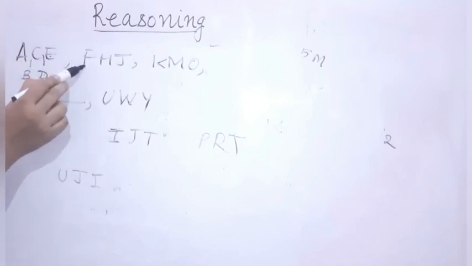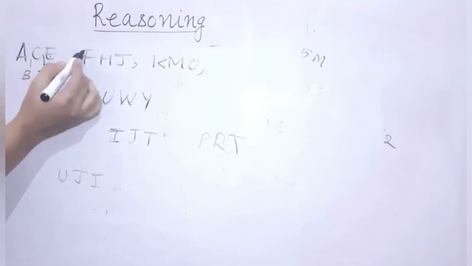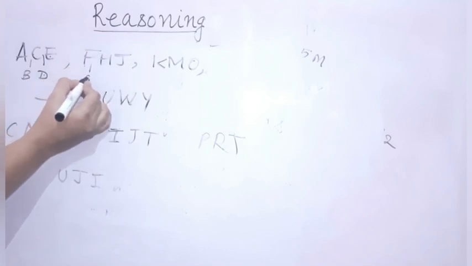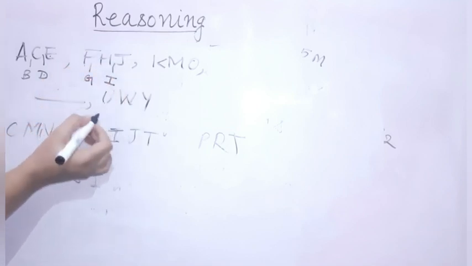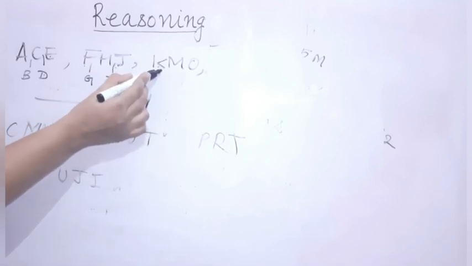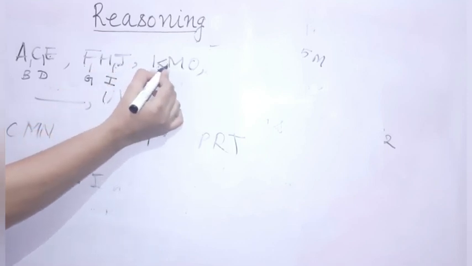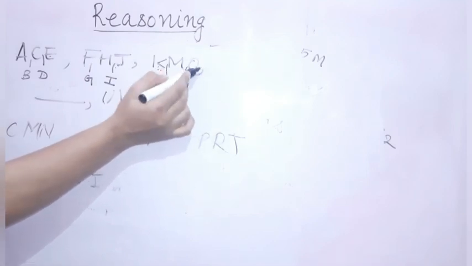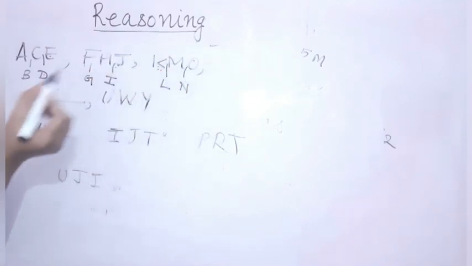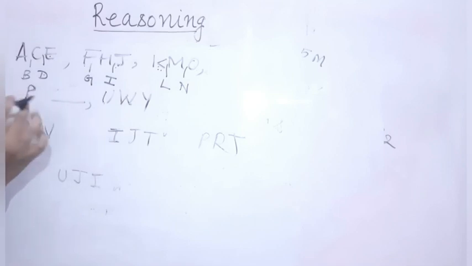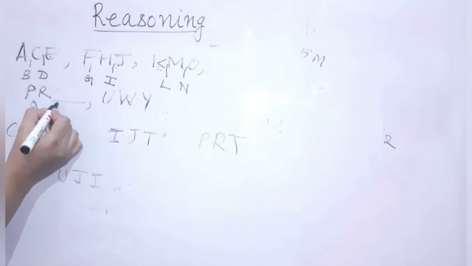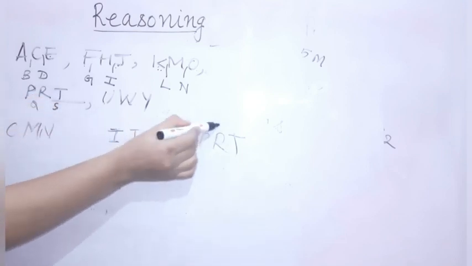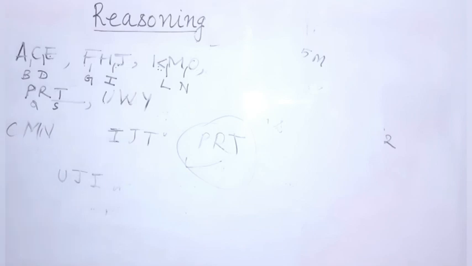After E they have not skipped any letter in the second term and they have moved on to F. Then again 1 letter skipped, G, H, I. Again they have not skipped any letter, but in the term they have skipped one letter. Okay, so what comes after O? After O, P comes. Now leaving one term, leave the Q and then R, leave S, then T. So the answer to this question is PRT. So the missing term will be PRT. I hope you must have understood, students.